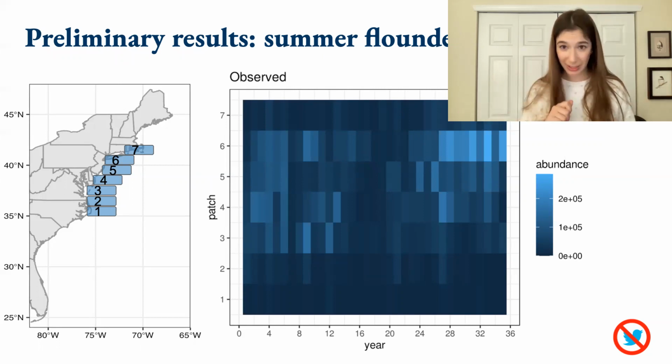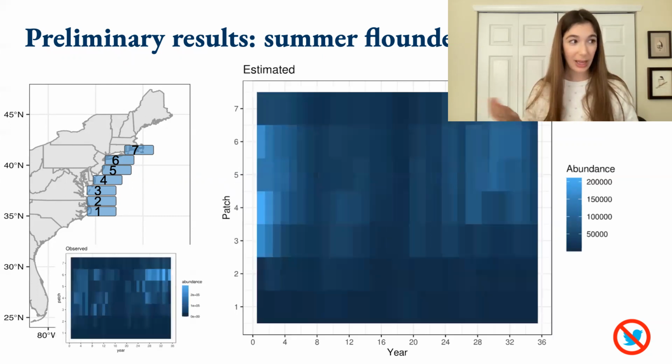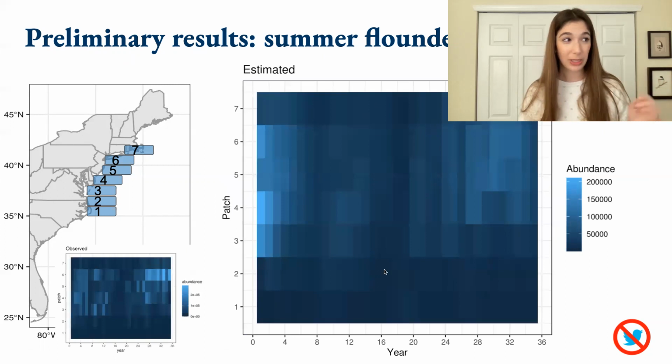Here's what our model estimates. Now, this is when it is fitted to the data, but we still want to be sure that its true estimate of population size is a sane one. And you can see here, it does capture all of those important features. Now we're looking at the model estimate of true population size over space and time. And you see the overfishing effect where there's a huge decline in abundance in the middle of the time series. You see the recovery and you see the northward shift.